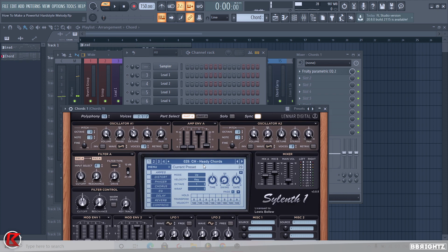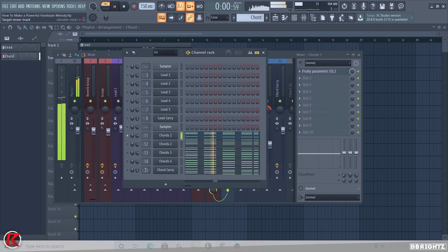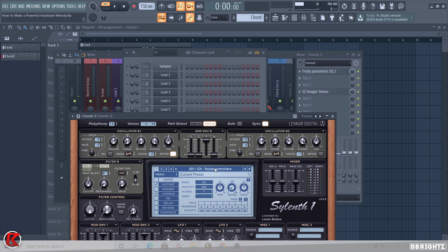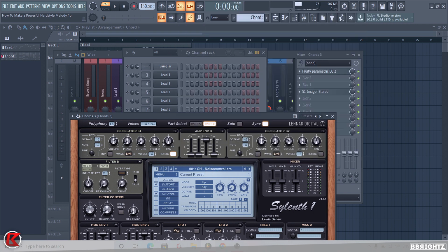This is called Chords Heady Chords, which you've guessed it correctly, is from the Fruity Masters bank itself. Very nice. Chords 2 is again from that bank, and then 3 and 4 I believe are from different banks. I'm not sure where this one is from. Actually, it's just a saved preset I have. It's called Chords Noise Controllers,